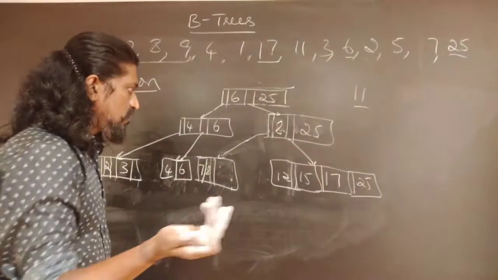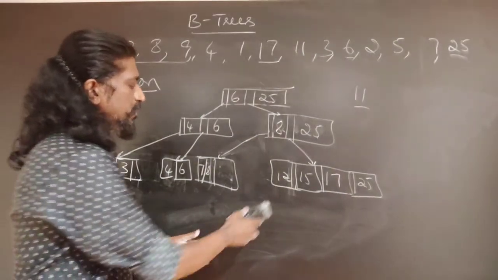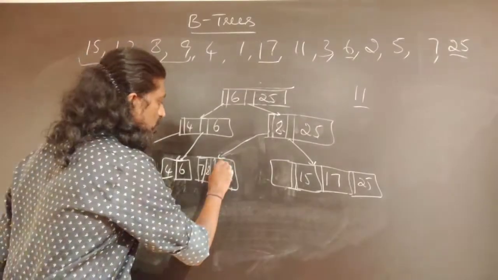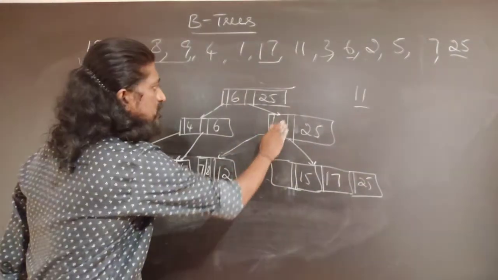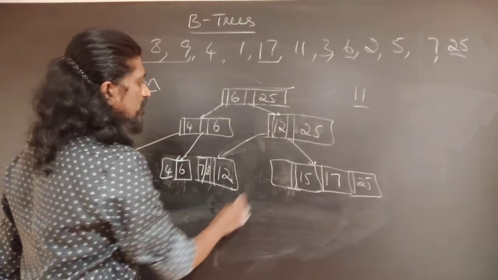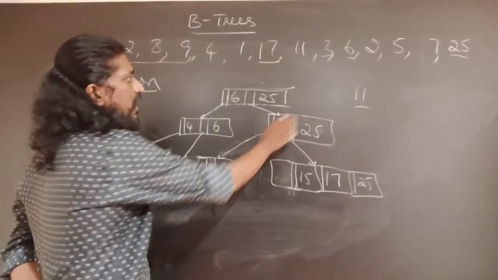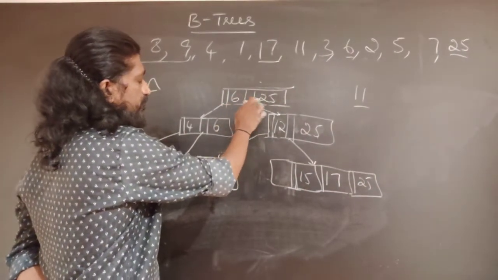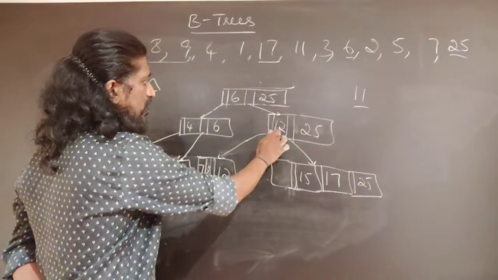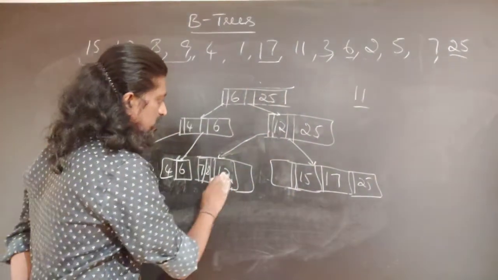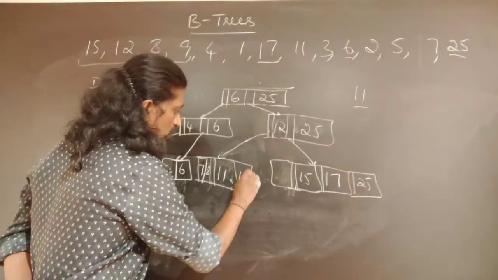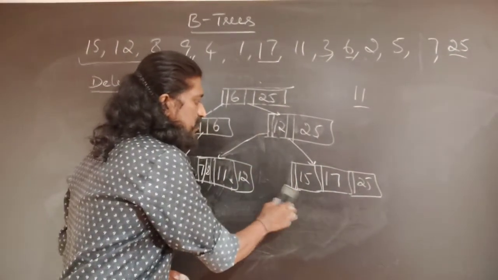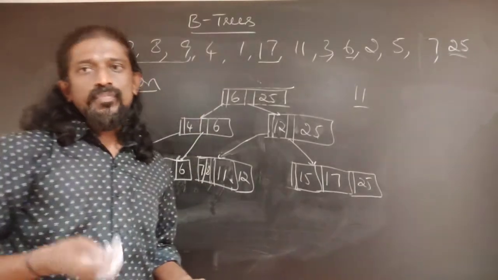Once again, how many keys, we have already discussed. Say, for example, I can give 12 to my neighbor. This 12 will be taken by my neighbor, and this information will be updated here. Now I again apply the same logic: 11 is greater than 6 and less than 25, 11 is less than 12, I come here, and I see that 11 is between 8 and 12, and I will insert 11 here. In this fashion, redistribution is one operation that can be used with both insertion and deletion.